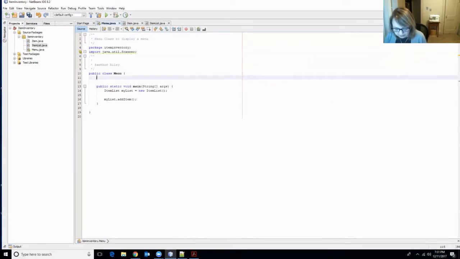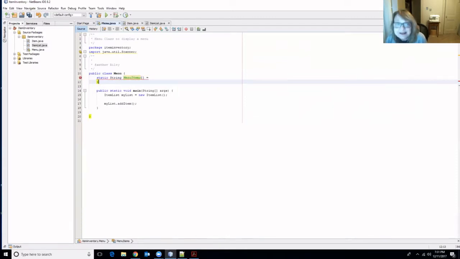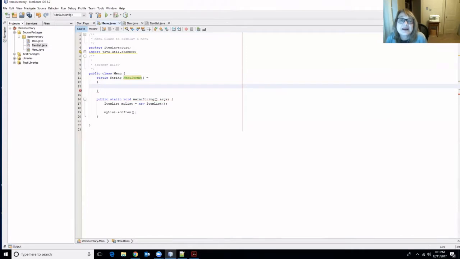Now, let's create our array. It's going to be static, and it's an array of strings. And we're going to call it menu items. So I'm going to declare, or go ahead and set up this array and allocate it by hard-coding the values in the code. So the items that we're going to have are create an item,